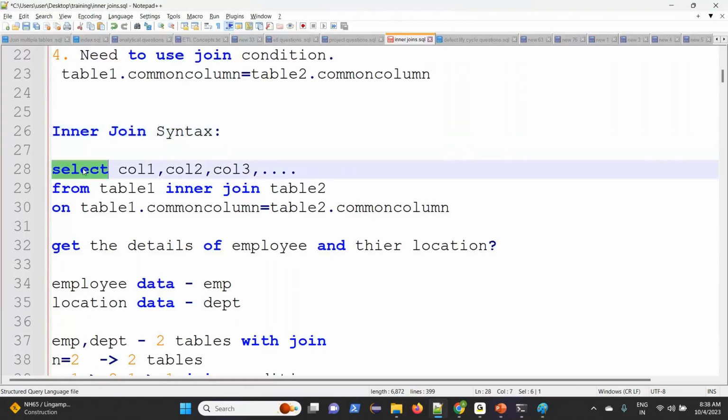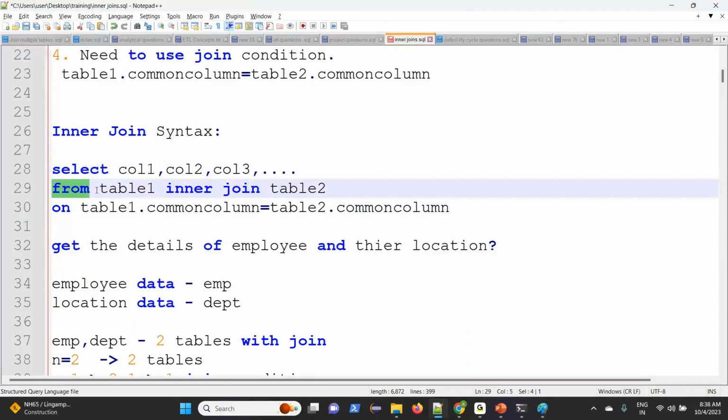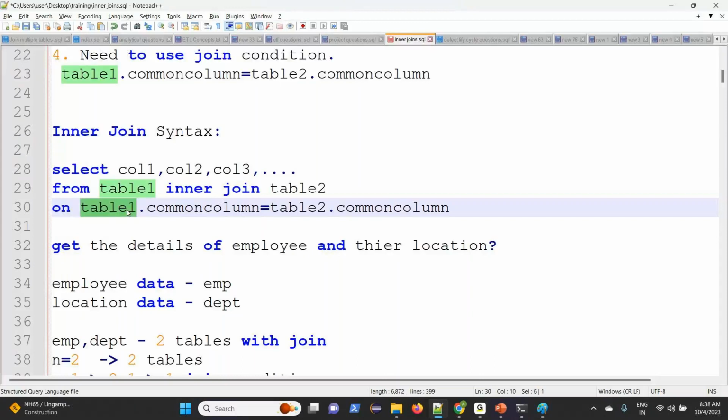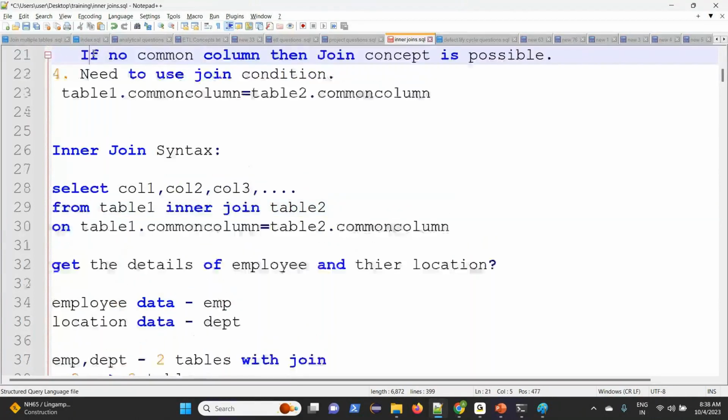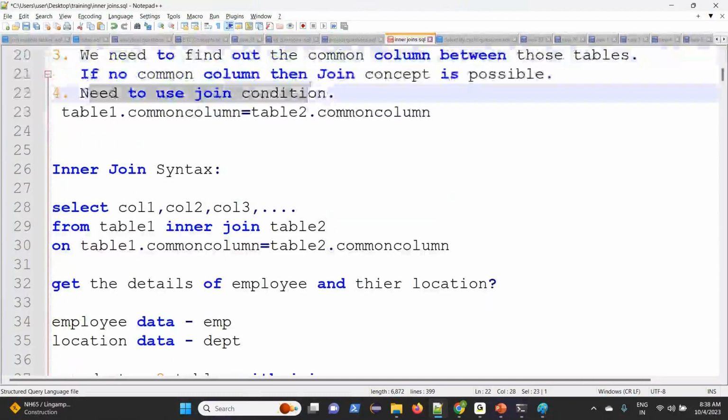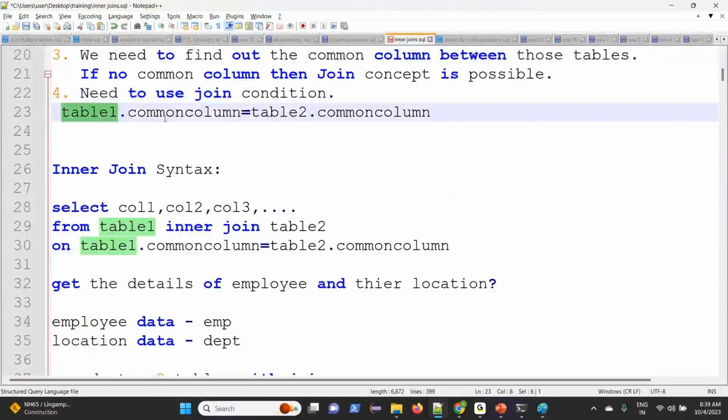Select however many columns you want, from however many tables you want to use, on the joining condition: table 1 dot common column equal to table 2 dot common column. So here the fourth step is to use the join condition, table 1 common column equal to table 2 common column.